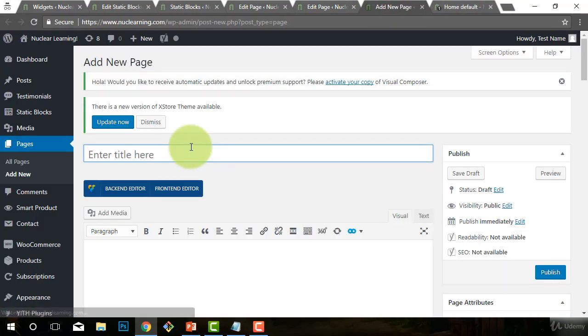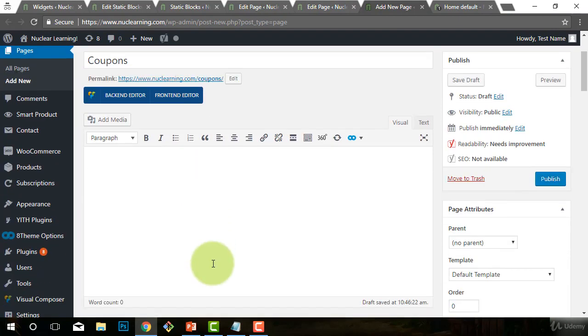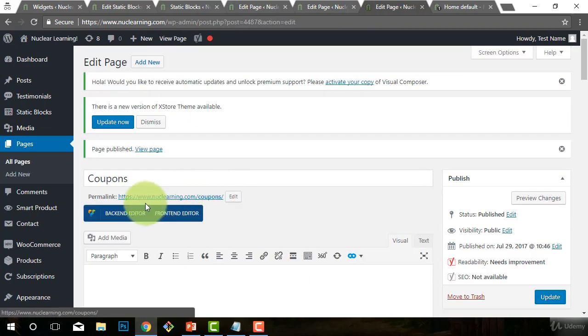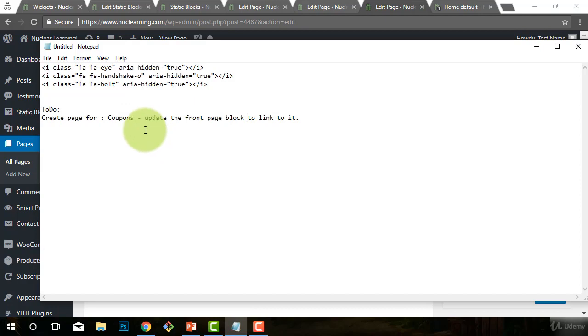Okay, and we're going to say coupons. So that's the page name. And now I don't have to edit anything right now. I'm just going to publish that just to get my link. Now you see here I have it already set. And so now I made a reminder to myself that I just not create a page, this update for coupons. Okay, and we don't need to do this anymore because we're doing it now, and it gets it